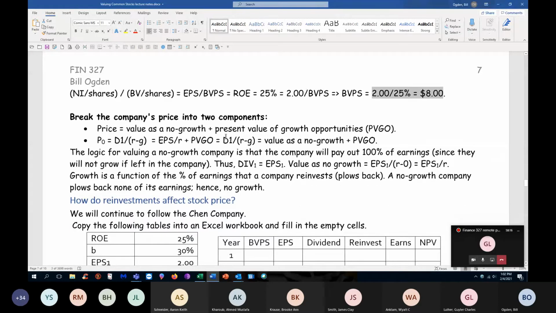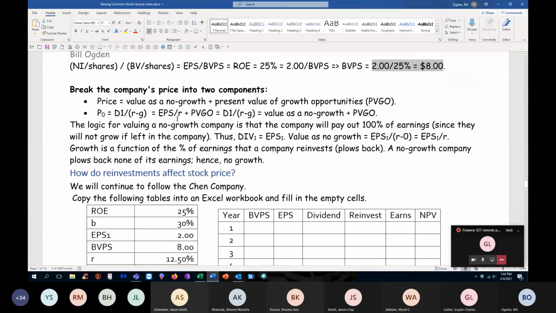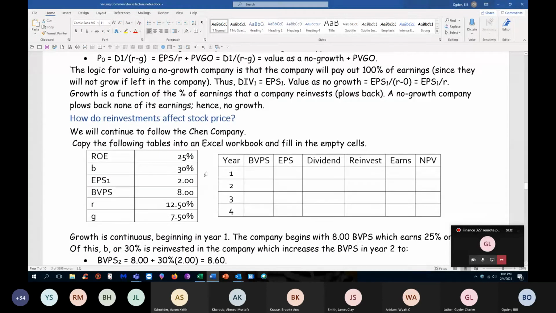Okay, and we have two components for the company. We have its value with no growth and the present value of the growth opportunities. So we are going to expand upon this quite a bit. I'd like you to, let's see, what do we need in this table here? So we have ROE, we have B, well,